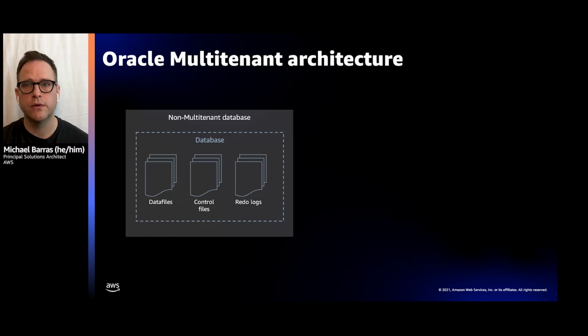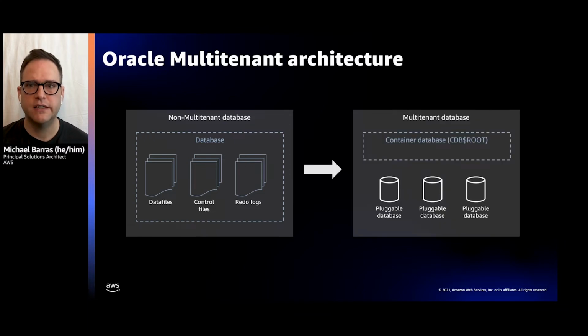Since forever, Oracle's database architecture was built around a single monolithic database. The database itself was physically stored in separate data files, and objects could be organized into logical schemas, but there was one flat namespace for all schemas in the database. So you could have 2 tables named employees, provided they were in different schemas, but you could only have one schema named HR. Beginning with 12c, Oracle introduced a multi-tenant architecture.